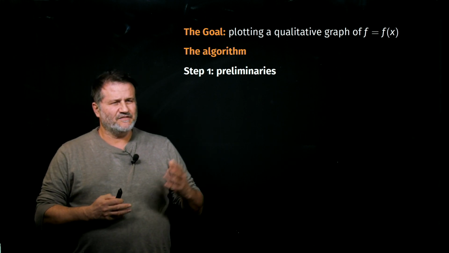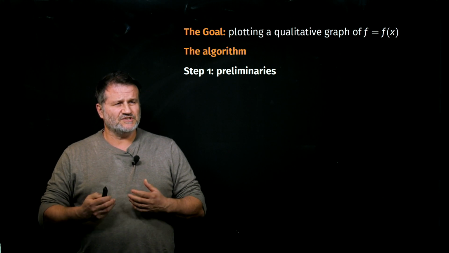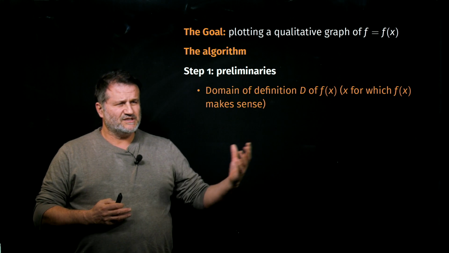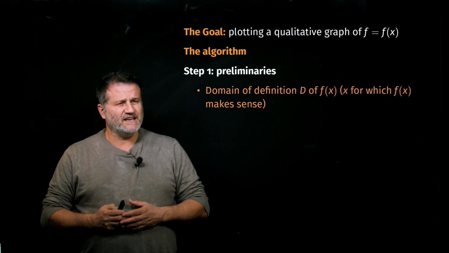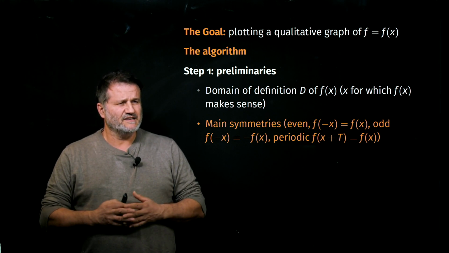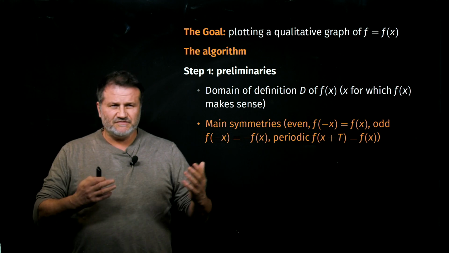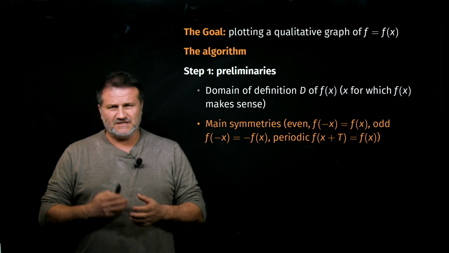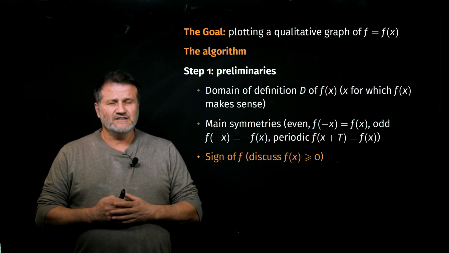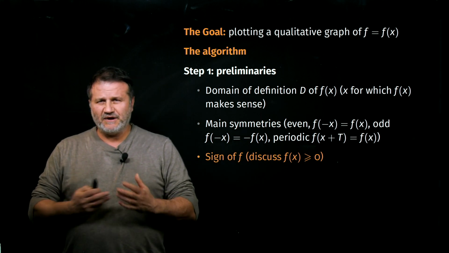We may say that the first step is a sort of preliminary, which consists in, first of all, determining the domain of definition of the function, so the set of x for which f of x makes sense. Then symmetries, if any, such as even function, odd function, or periodic function. These are the main symmetries. Studying the sign of the function, so discussing and solving the inequality f of x greater or equal than 0,